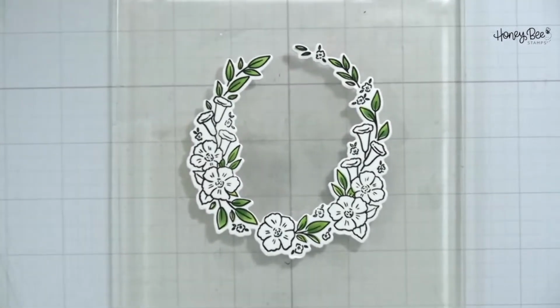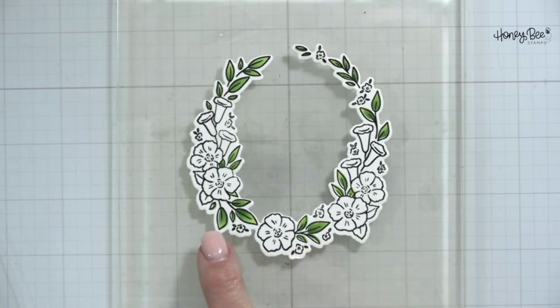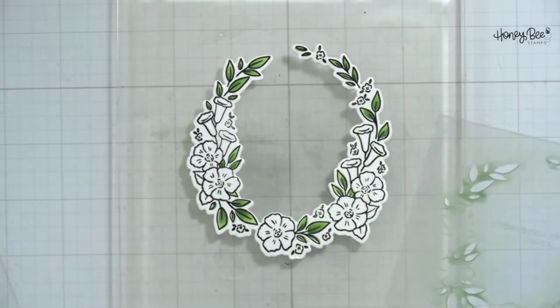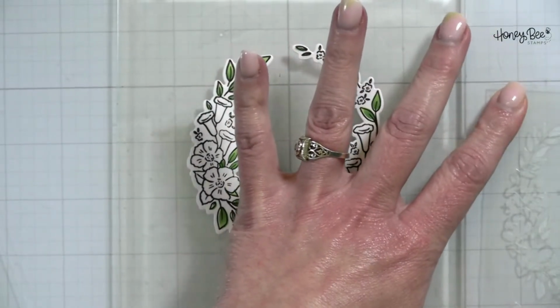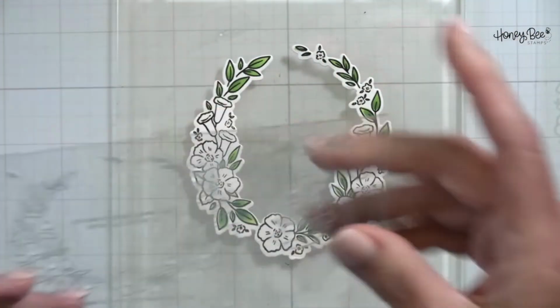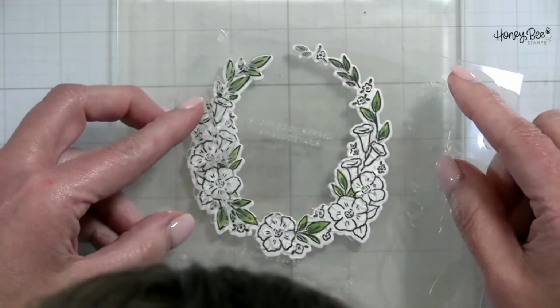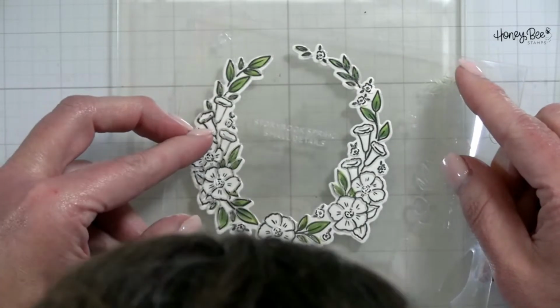Let me come down just a little bit. We've got that initial shading at the tips of the leaves with the Mowed Lawn, and then we have the shading in there with the Rustic Wilderness. Now you can see a couple of little spots where Kelley did not line it up so well. No big deal. We're gonna keep rolling here with this. Now, because I'm going to want to color my bunny in here in a minute, I am going to give these just a little bit of a cleanup because I don't want to smush any of the colors into my little bunny. Now, I'm going to try to do a better job in lining this up this time